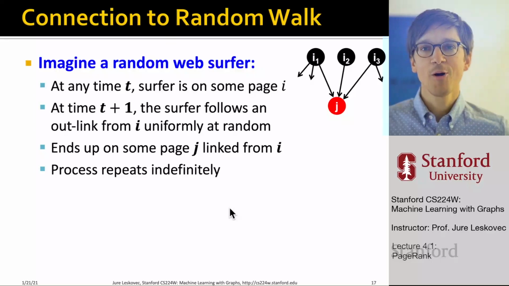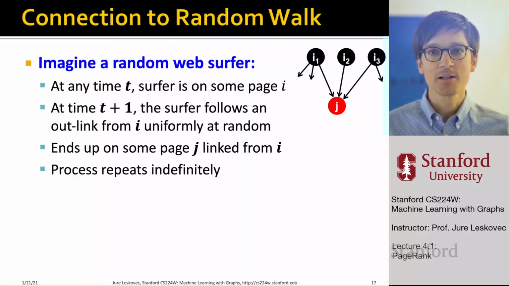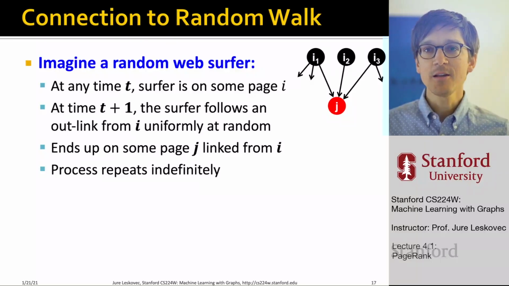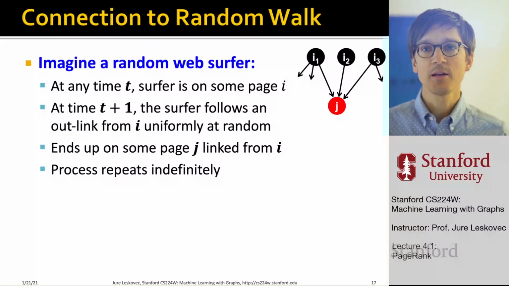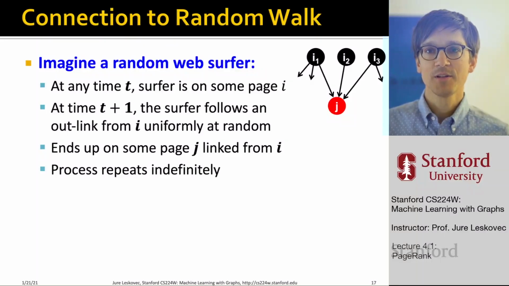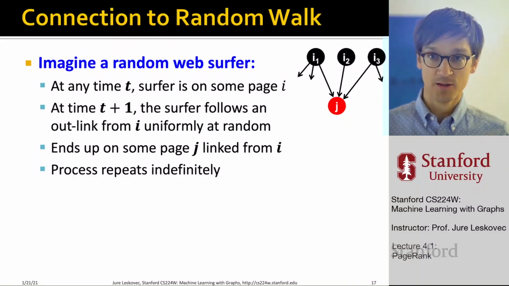Now I want to stop this mathematical discussion and give you some intuition. The intuition here will be the connection back to random walks that we talked about in the last lecture. So let me make a connection to random walks and see how this mathematical formulation of the system of equations really corresponds to random walks. This is so fascinating because it's mathematically and algorithmically the same thing, but we can think about it in so many different ways and use so many different intuitions about the same underlying object.